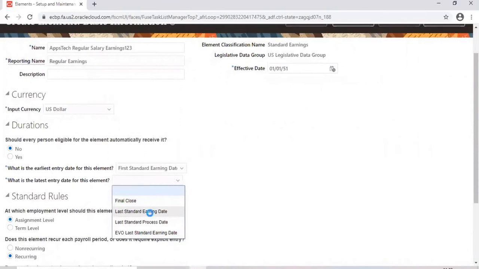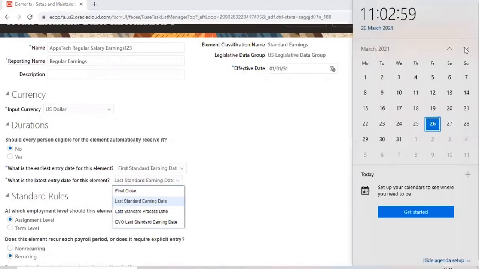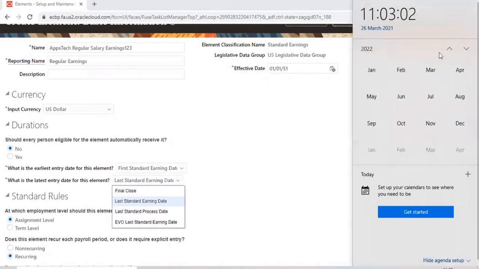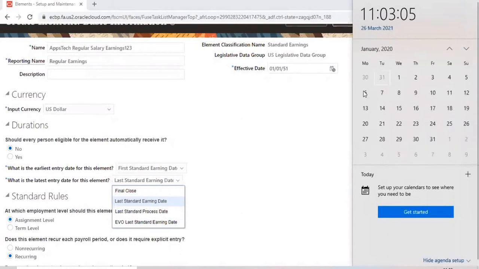Say if I select last standard earning date, it means whenever the person resigns, his actual termination date, his last working day, as of that date this element will be applicable. Take the payroll period we have created, where the period is 6th to 19th.